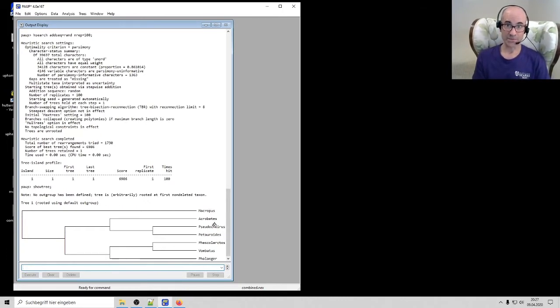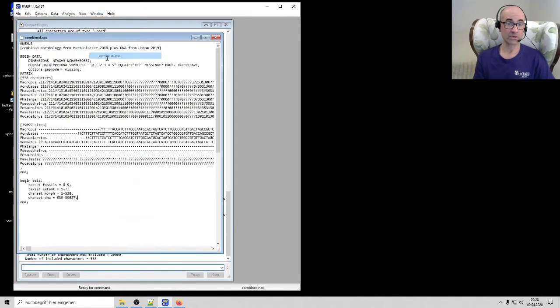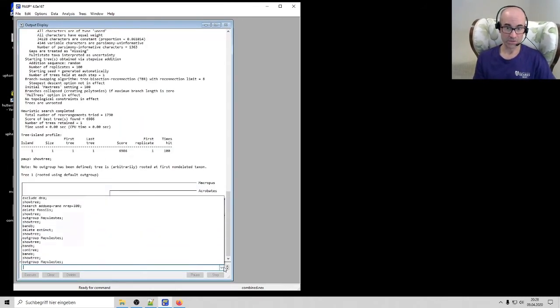Now let's see what happens if I do the analysis without any of the DNA. So in this case, rather than delete, the previous command that I gave it was delete fossils. This time I don't want to delete anything. For characters, you want to exclude, and then the name of the character set is DNA, so I exclude DNA, and here it's told me that it's deleted 39,099 characters, and of course, sure enough, that's the number of sites that I pasted in here from Upham et al. And so if I now do that same search,